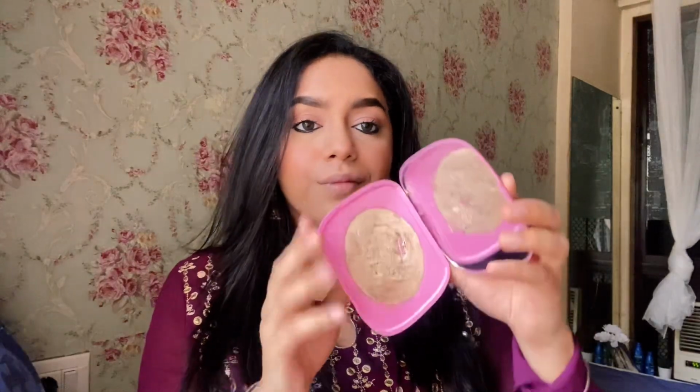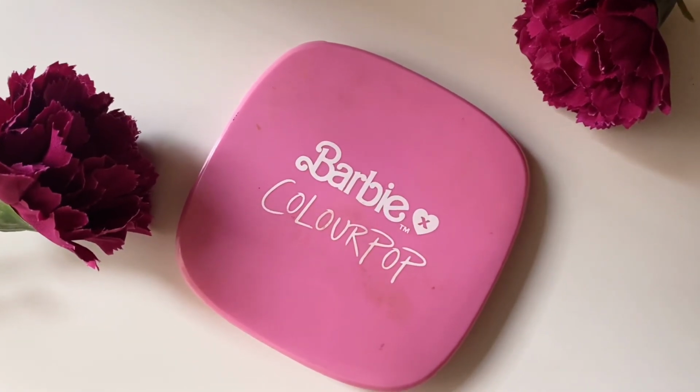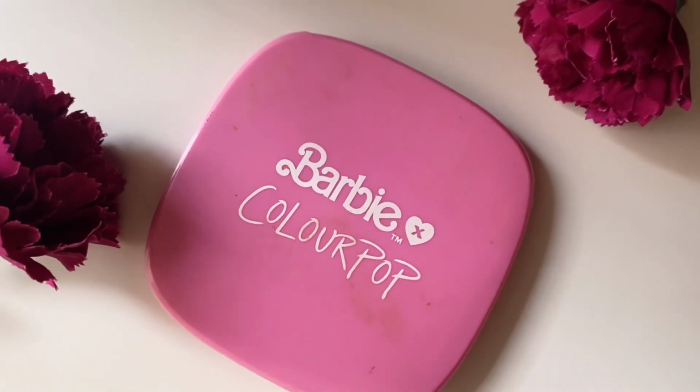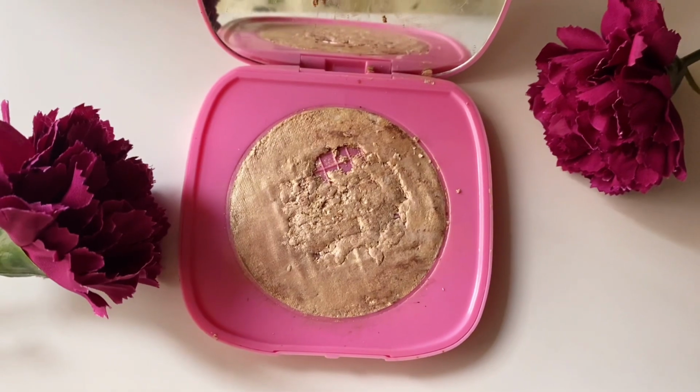So for my highlighter, I'm using this Colourpop highlighter. Please ignore the highlight of my highlighter because it's looking really bad, and it's a little broken from inside. Actually the highlighter has a very creamy formulation. It's like a putty highlighter sort of formulation, and that's why it gets stuck to the mirror on top, and then I have to remove it and put it back in the pan. But nonetheless, we're talking about the finish and how the highlighter feels, and it feels absolutely amazing,